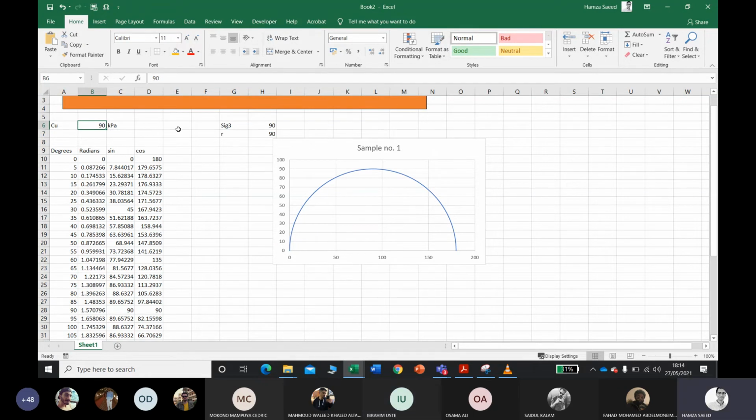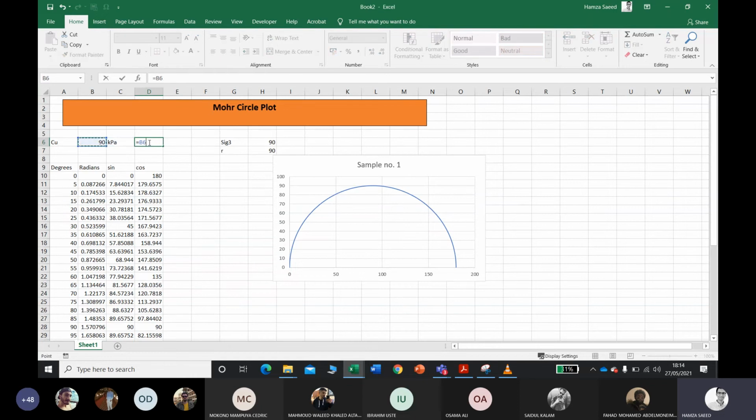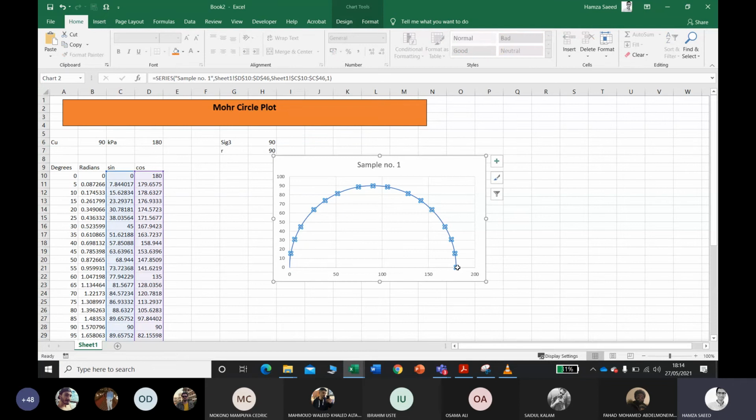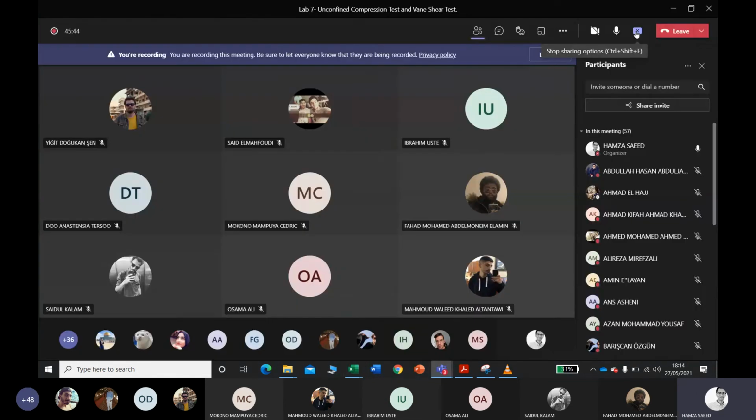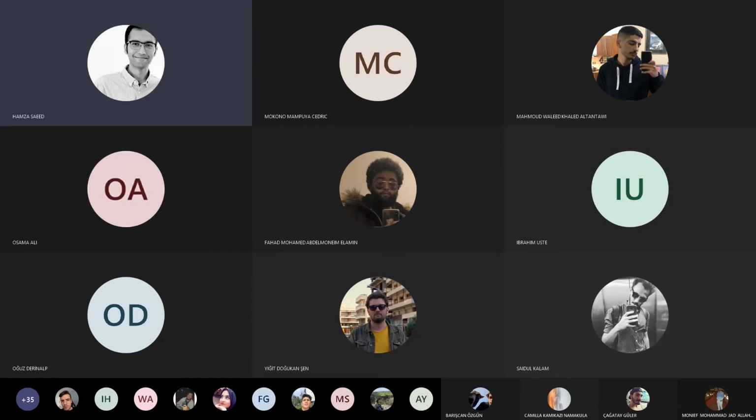And the total distance should be 180, as you know that. Multiply your Cu value by 2, which is 180, and this is the 180 point. If you go there, it will show you the maximum point is 180, as you can see at the top. Okay, guys. So the top value should be twice the Cu value, and the sine should be 0. This is an indication. Okay, guys. So I think when you watch the video, you will understand it much better.